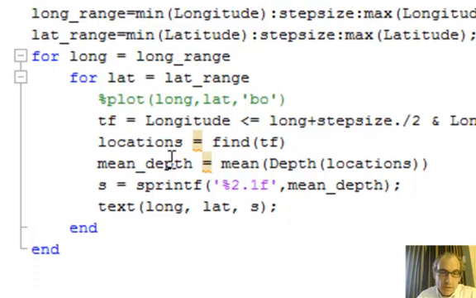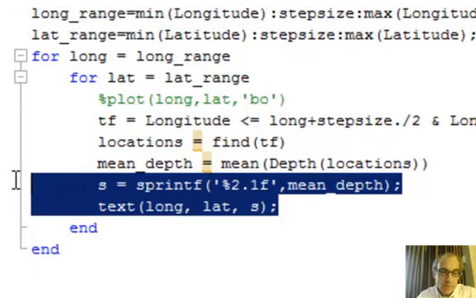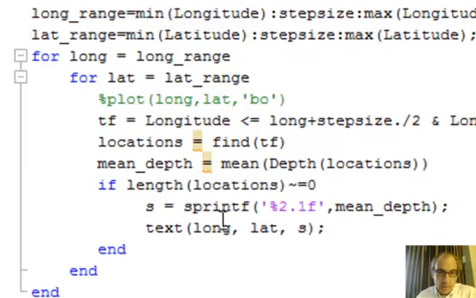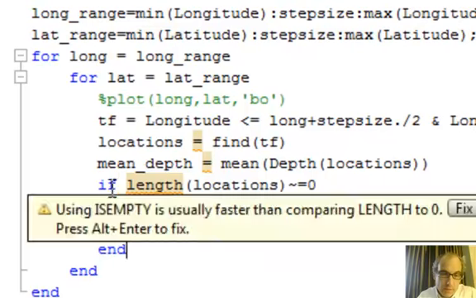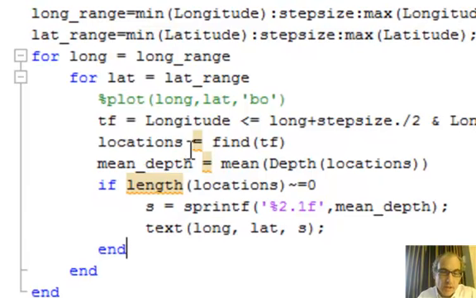So what we really need to do is have some kind of flow control here that says, well, if the mean depth is NaN, or if there are no locations found for that particular pass through the loop, skip this plotting section. So let's just replace this little piece of code. We'll wrap the plotting command for the text with a little if statement that says if the length of this locations vector